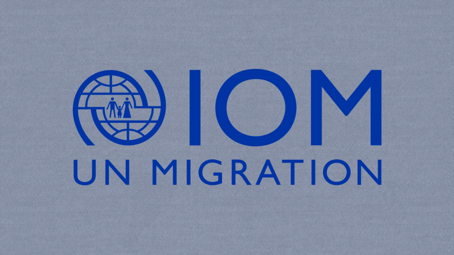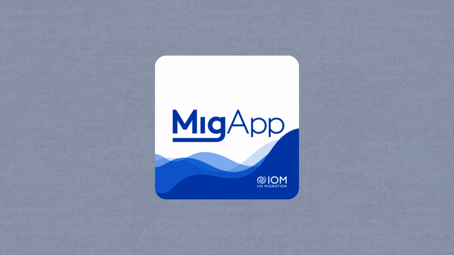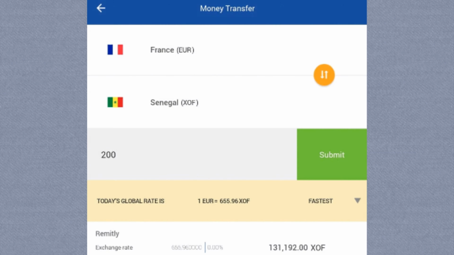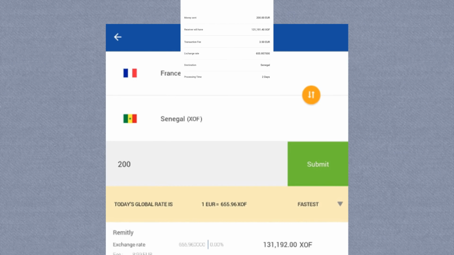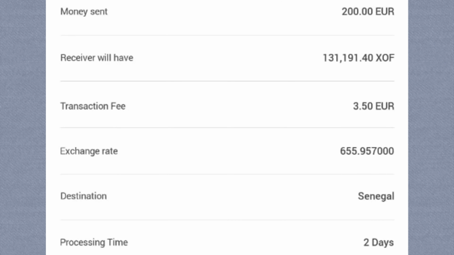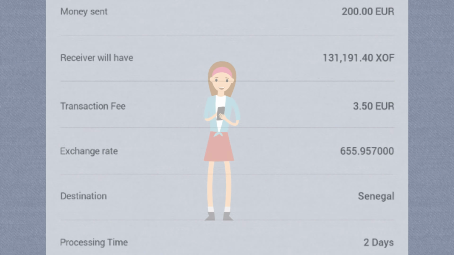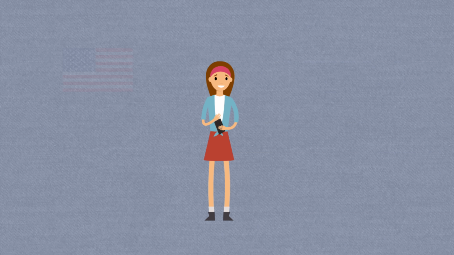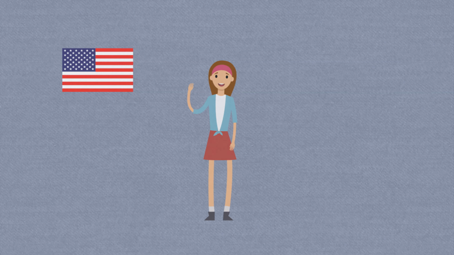Finally, the IOM also maintains a cost comparison database. This database can be accessed through the IOM's free app for migrants. Similar to the World Bank system, just specify sending and receiving countries and enter a remittance amount. The output shown here shows how much of the remittance amount will be received in the destination in that country's currency. It also breaks down transaction fees and the exchange rate. This is a useful tool for mobile users, not to mention migrants in countries without a national database.